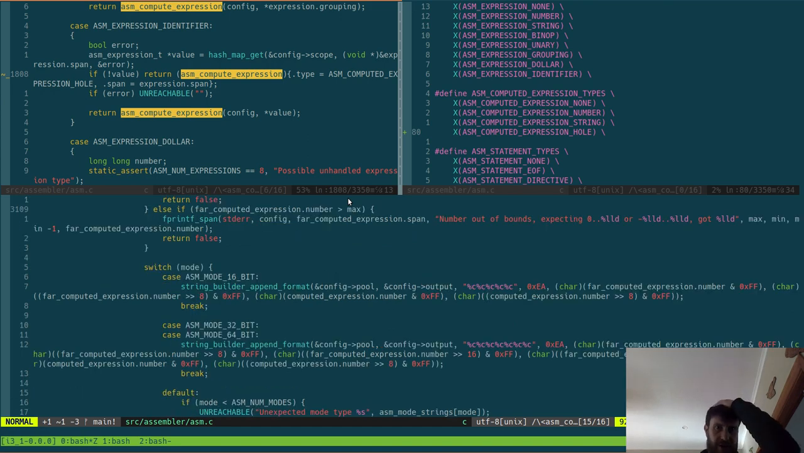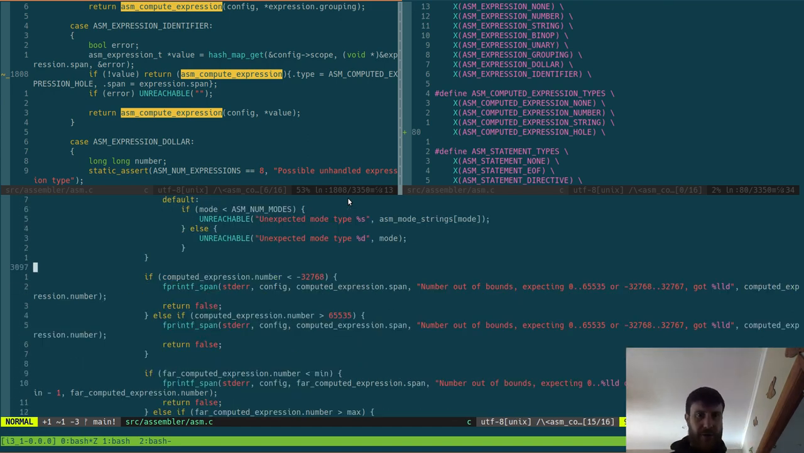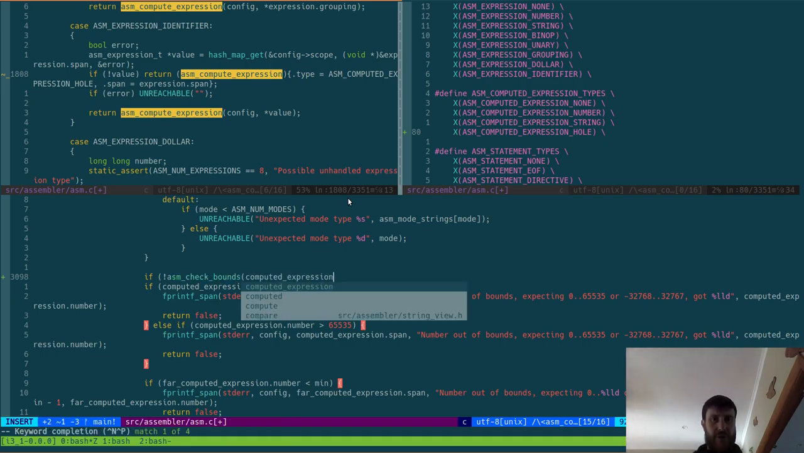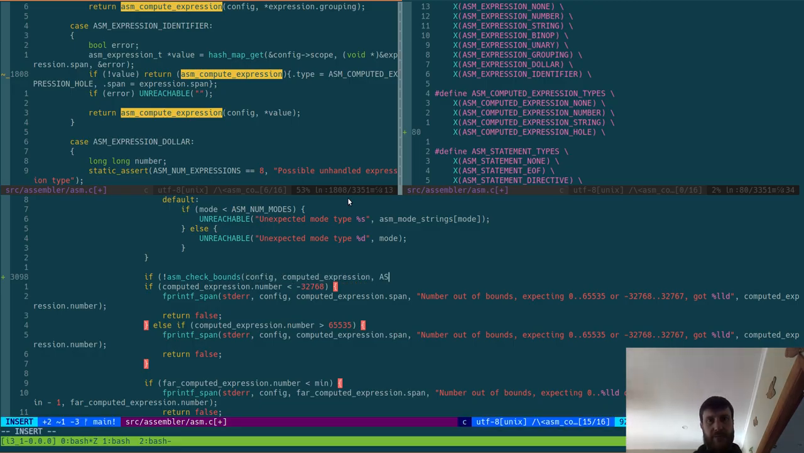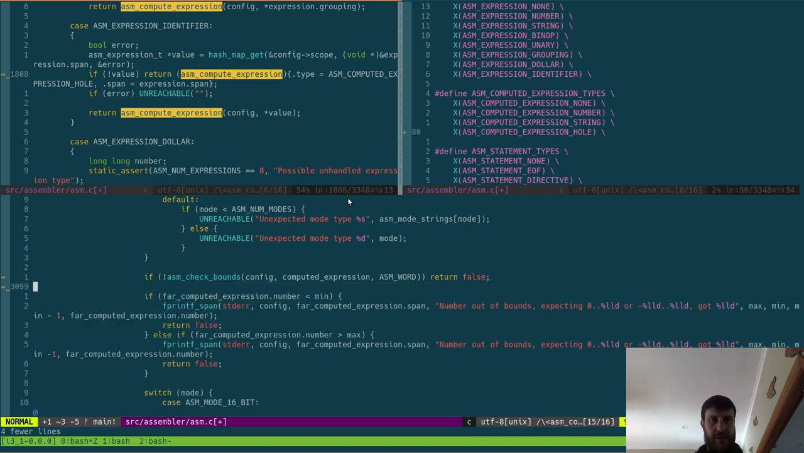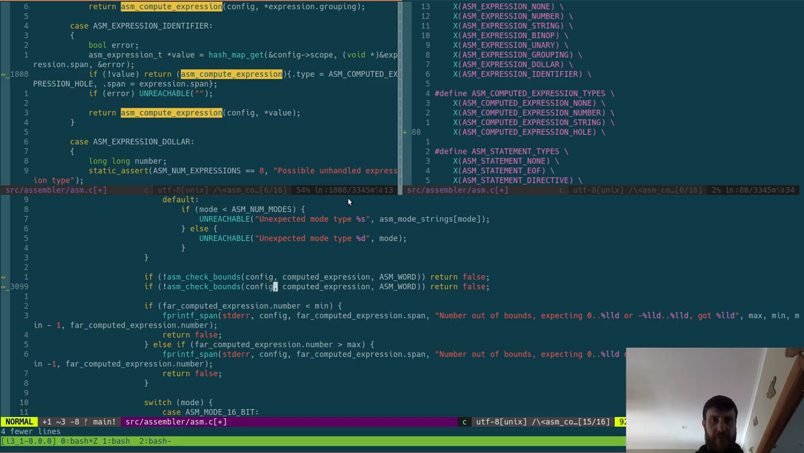I do some bounds checking there, but I've actually got a new function for that. So we can just, if not ASM, check bounds of computed expression. We need a config in there as well. This is going to be an ASM, looks like a word size, and then we can just return false, and that gets rid of all of that. And we also want to do that for the,